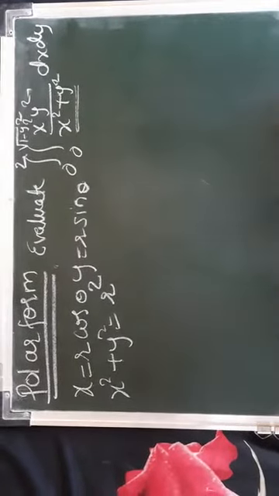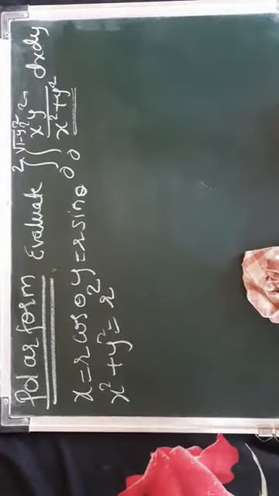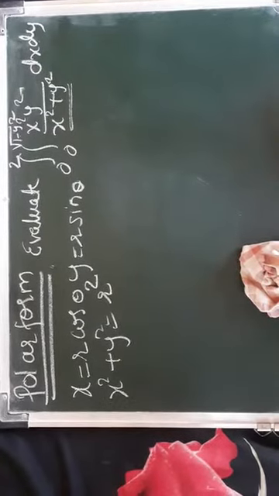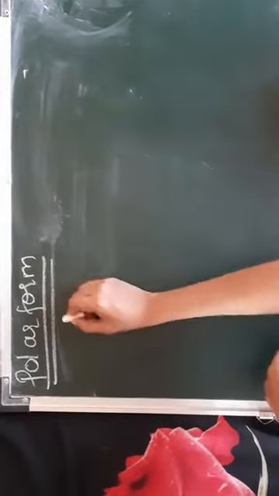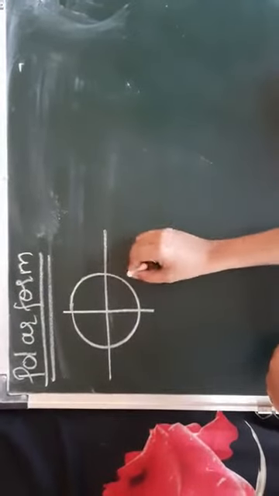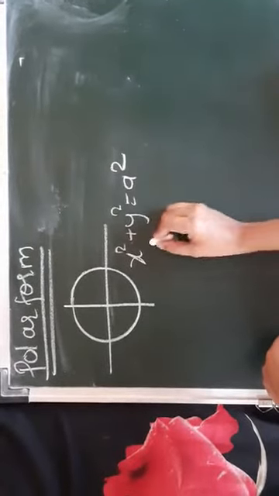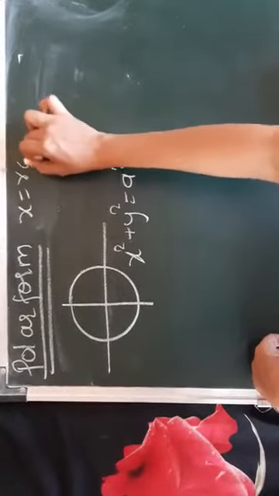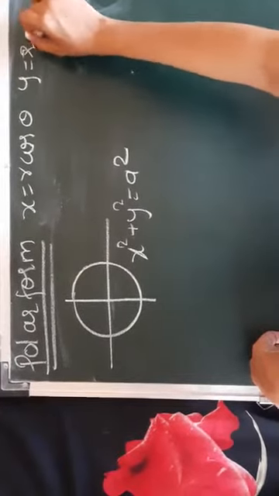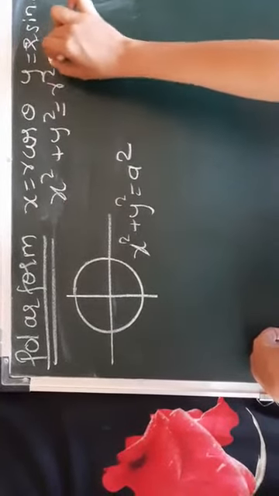So let me give you a few examples after conversion. How does it look and how do we convert from Cartesian to polar? We'll see with the help of the general form of circles and some other curves also. Suppose I want to find the area covered by the entire circle, which is given by x square plus y square is equal to a square. When I put the polar substitution, x is equal to r cos theta and y is equal to r sin theta, I get x square plus y square is equal to r square, which is a square.